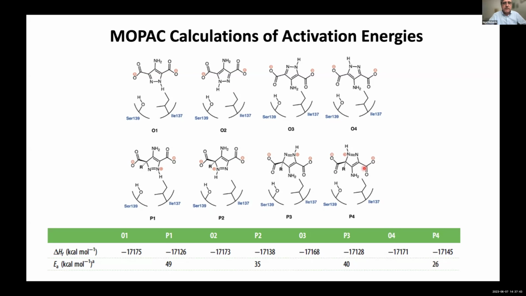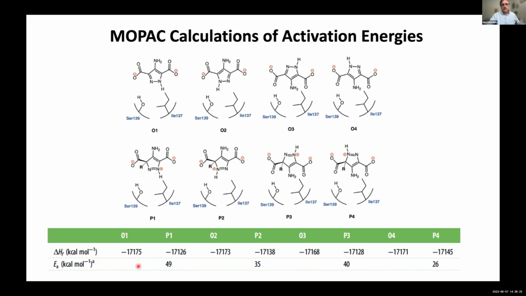And so MOPAC is quite easy to set up and to use. Of course, we want the energy difference, because one of these structures may well have a lower energy in the complex. But what is important in catalysis is the energy of activation. We want the difference in energy between these systems as we go from reactants to the products. And so we basically used the heats of formation to do this, and set up a whole bunch of things.